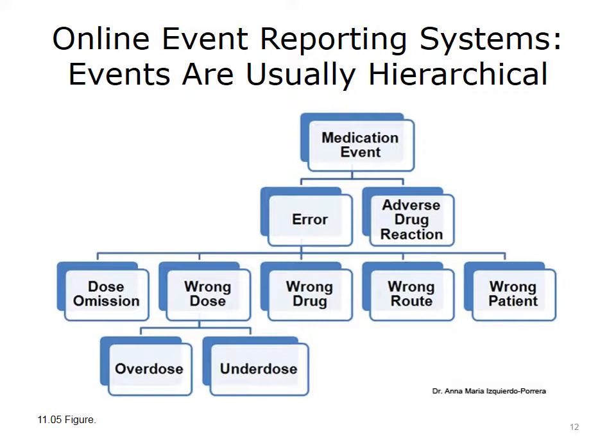There are lots of types of medication errors because the medication process is extremely complex. And lots of people receive lots of medications in both inpatient and community settings. So we will want to look at the specific type of medication error, such as when the patient doesn't receive an ordered drug dose, or when he receives too much or too little of a drug that has been ordered for him. We want to look at circumstances around events where a drug is given by the wrong route, the wrong drug is given altogether, or a medication is given to the wrong patient.